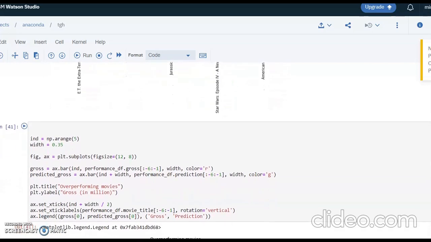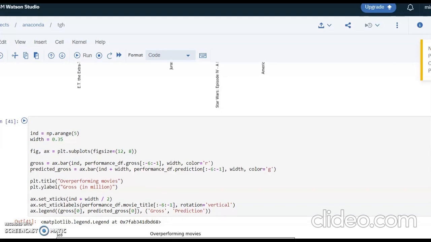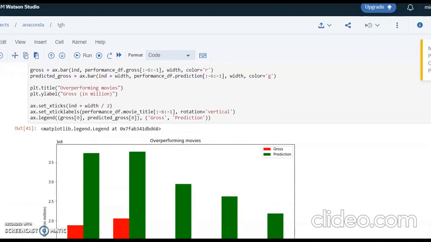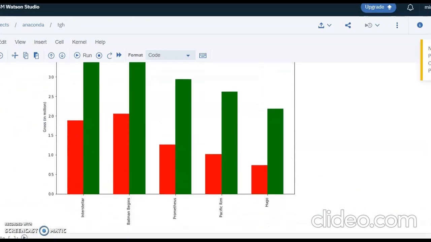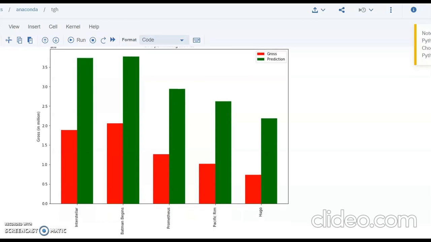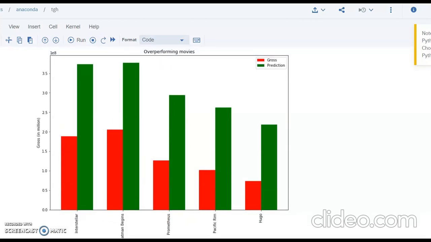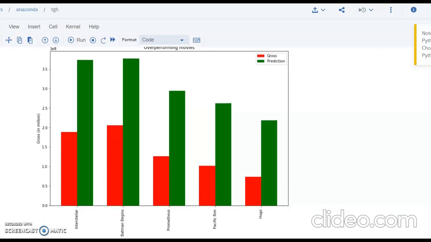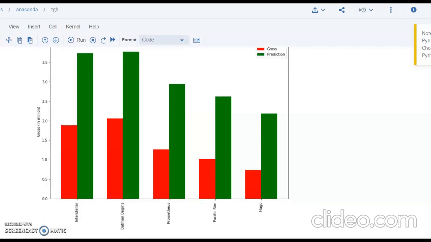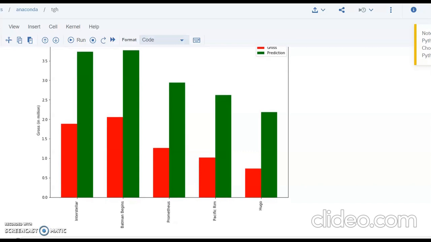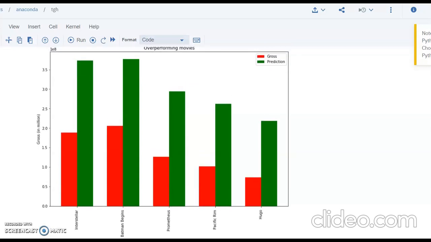So we do the exact same function for the second case. We did this for overperforming, and now we're still on the movies, but this is the gross underperforming the prediction. So this is the opposite of the other one. Interstellar, as we can see, was really hyped, and a lot of people were excited about it, but the gross didn't